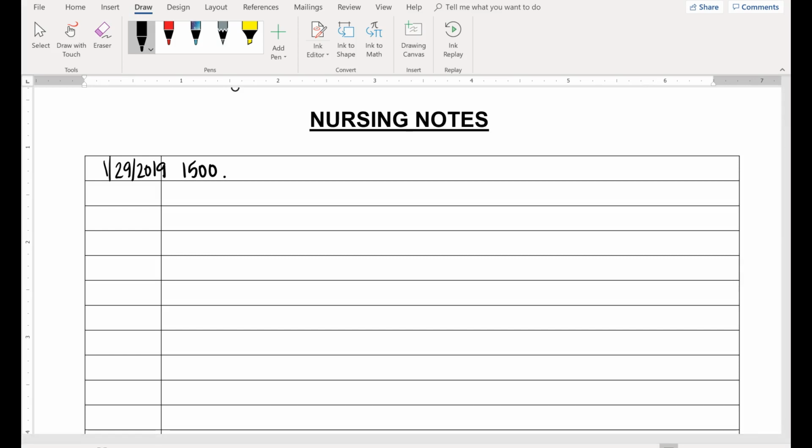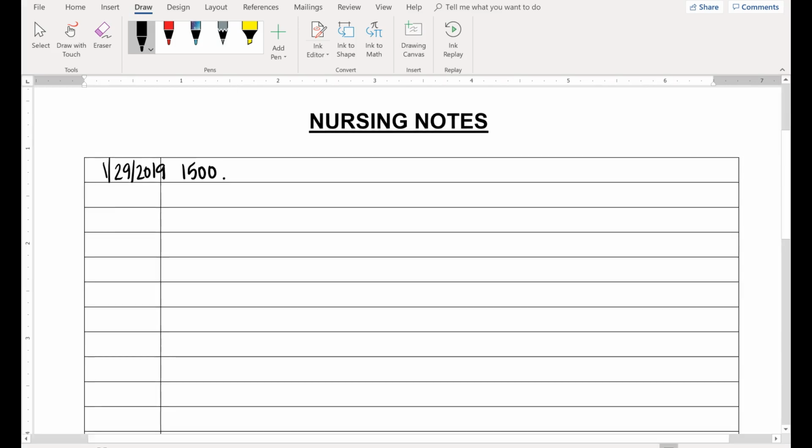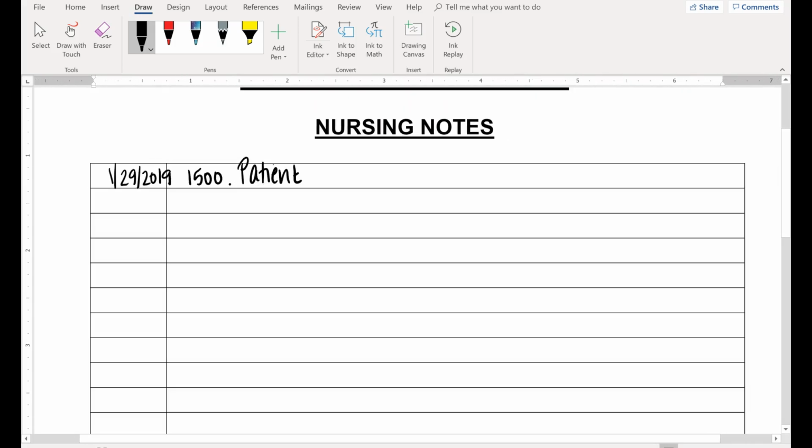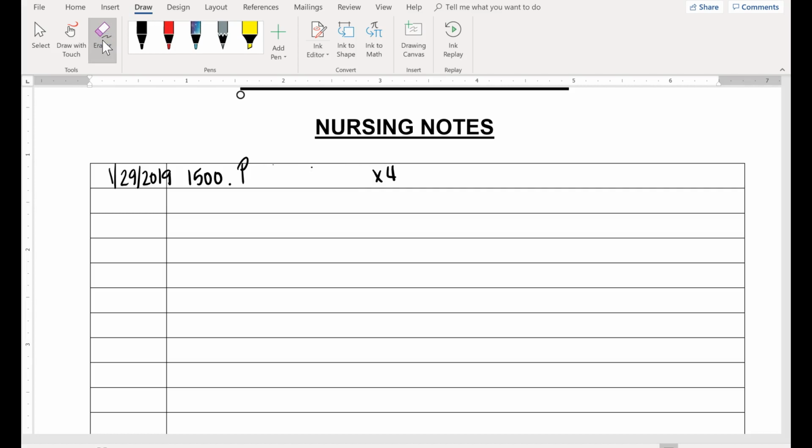The next thing that you're going to write in your note is whether or not your patient is alert and oriented times 3, or times 4, excuse me, because that is part of your general survey. So you're going to ask your patient their name, their date of birth, where they are, what time it is, and what the situation is. If your patient is able to answer all of those questions, you're going to write patient is A and O times 4. Or if you really want to keep it simple,